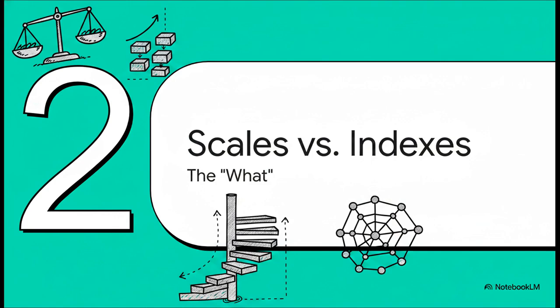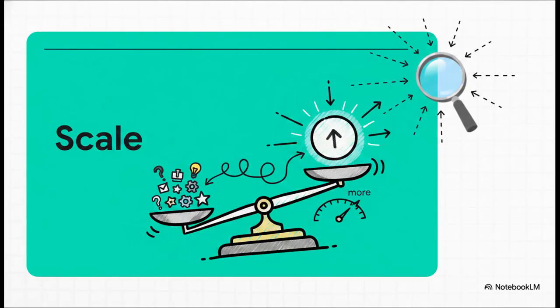And that brings us to the what of our explainer. Let's talk about the two main tools researchers use to crack this nut: scales and indexes. First up, we've got the scale. Now, a scale is what we call a composite measure, which is really just a fancy way of saying we're combining a bunch of questions. But the key here is that it focuses on a single concept, and it's all about measuring its intensity. The analogy to a weight scale is perfect. You step on it, and the needle moves up or down to show more or less of just one thing: